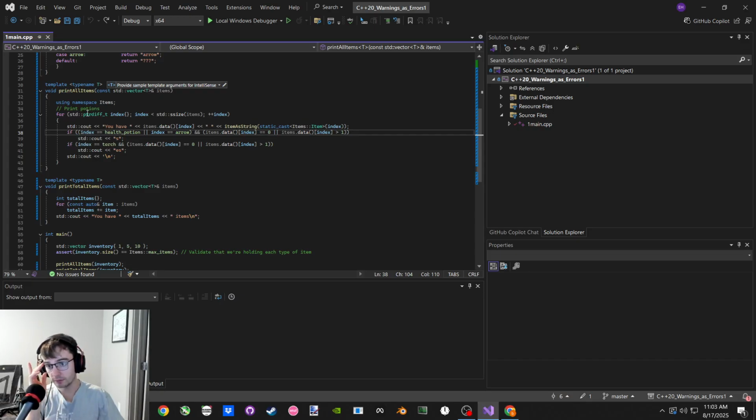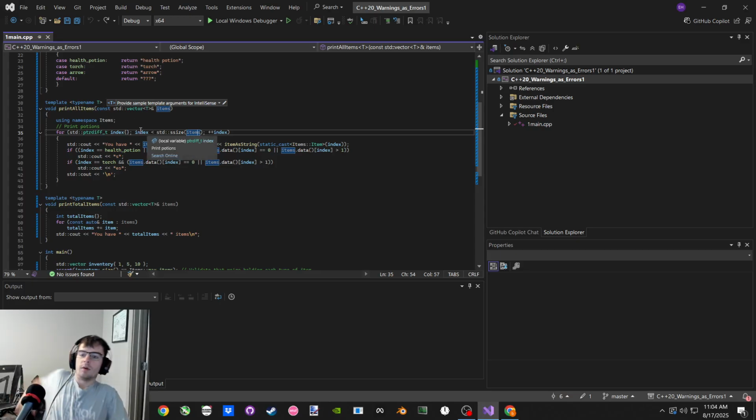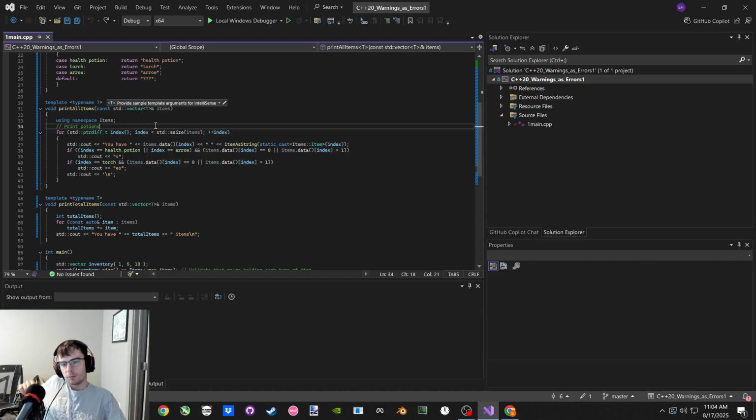So I don't even have a loop here, do I? Yeah, I do. Okay, duh. So we have a loop here. We have an assigned loop counter, and we do it for each element in the vector. Do we want this to be a for each? No. We're not doing a for each loop here because I specifically need to check the index of the vector. I don't want to do for each because I need to see